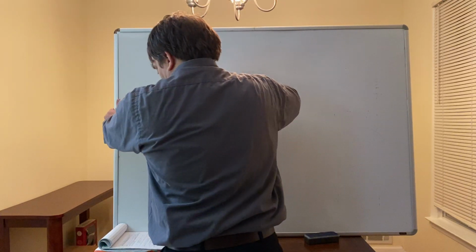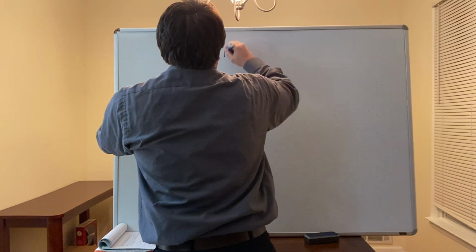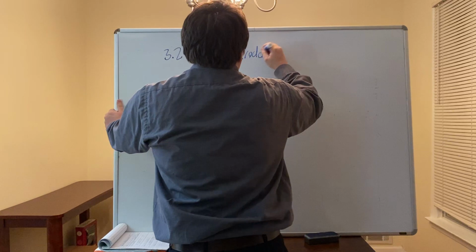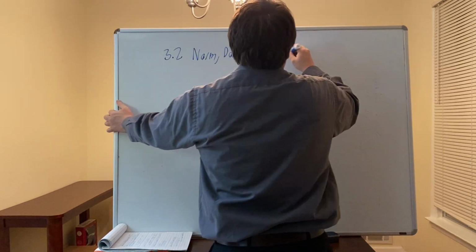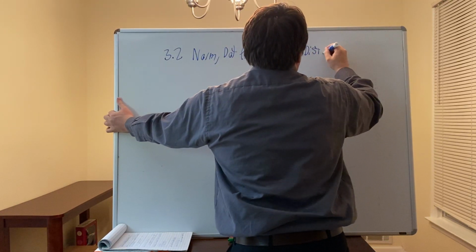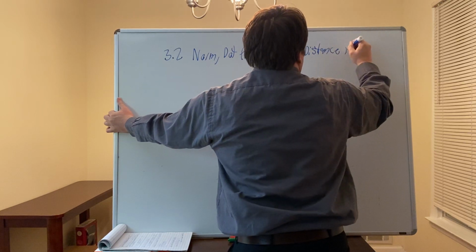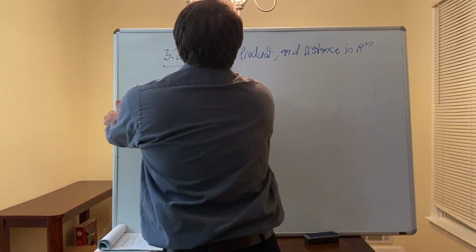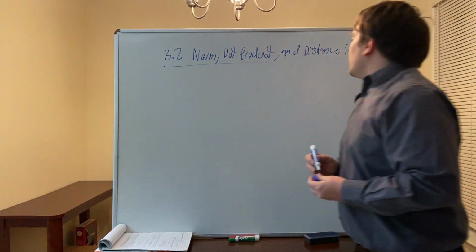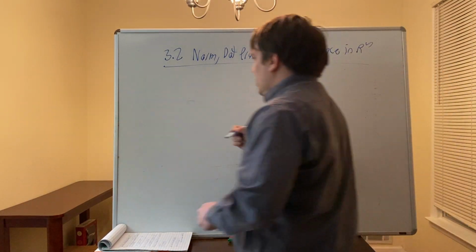Section 3.2 is on the norm, dot product, and distance in Rn. So 3.2 is on the norm, dot product, and distance in n space. And so definition 1